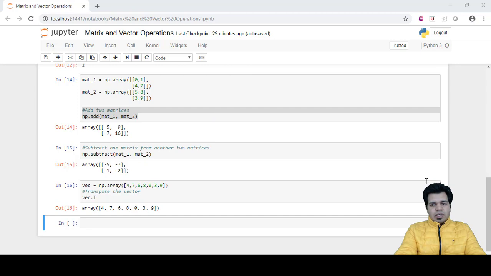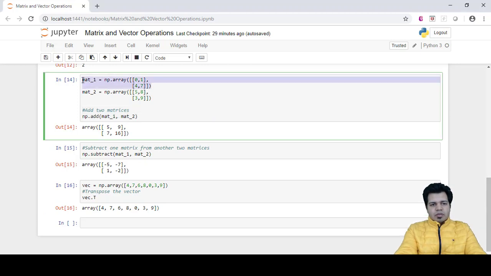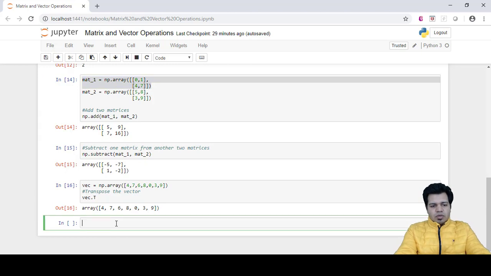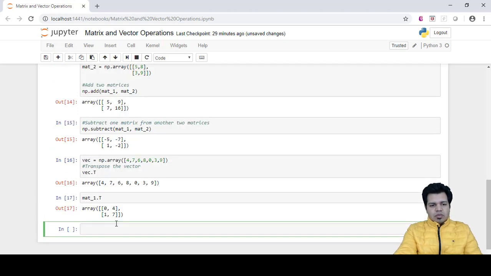So let's pick any existing matrix here. Okay, as a matter of fact we'll pick this mat1 only. Okay, so how can we transpose a matrix? We will do it like this and then suffix it with t, and when you transpose it you can see,